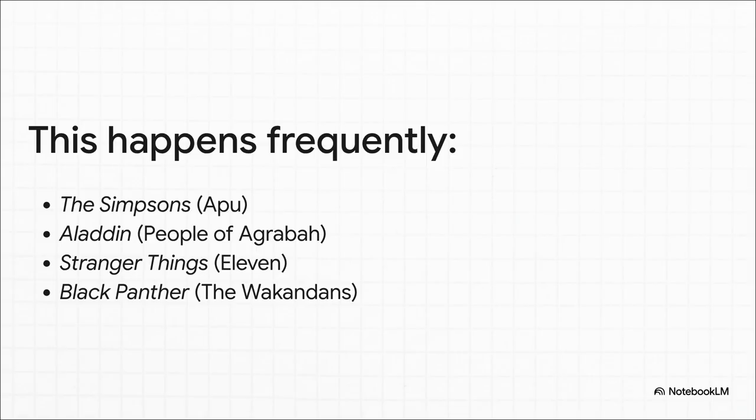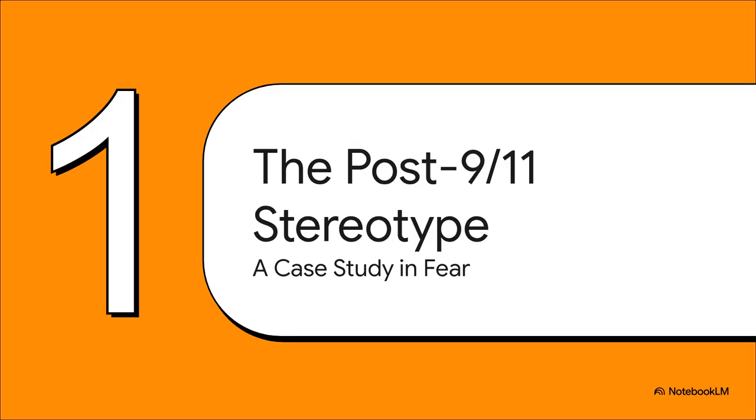I mean, from the obvious stereotypes in shows like The Simpsons or Aladdin, to the way a character like Eleven in Stranger Things is totally isolated, or even how an entire nation like Wakanda is intentionally separated in Black Panther. It's a really fundamental tool in storytelling. To really get a grip on how this works and the kind of impact it can have, let's look at